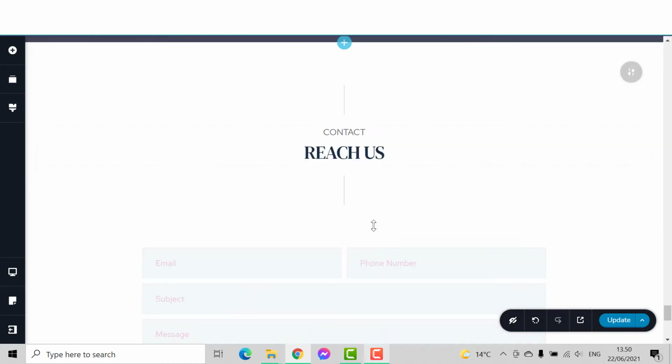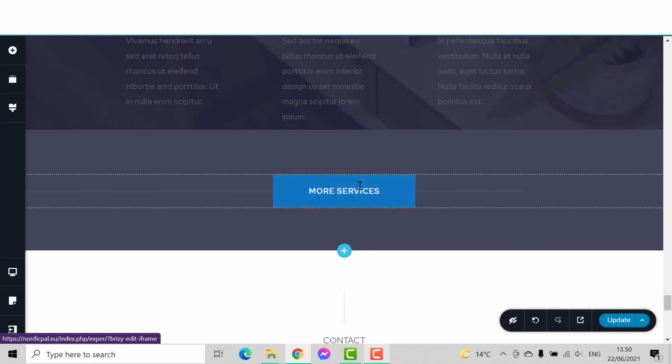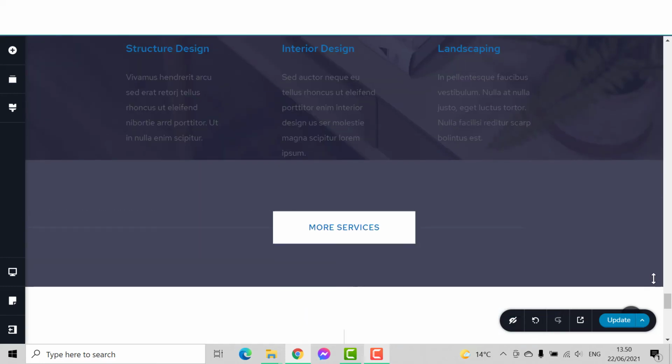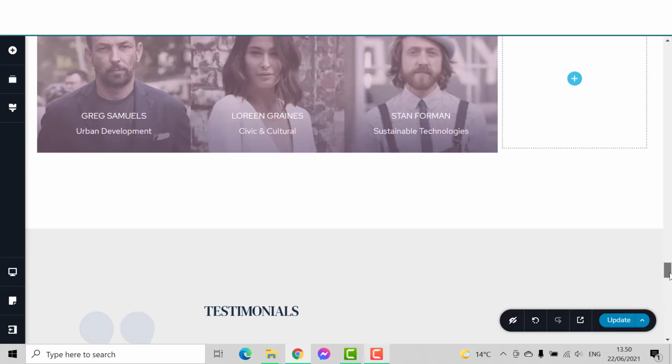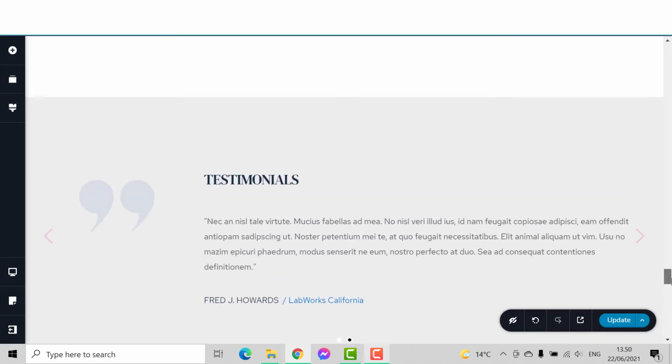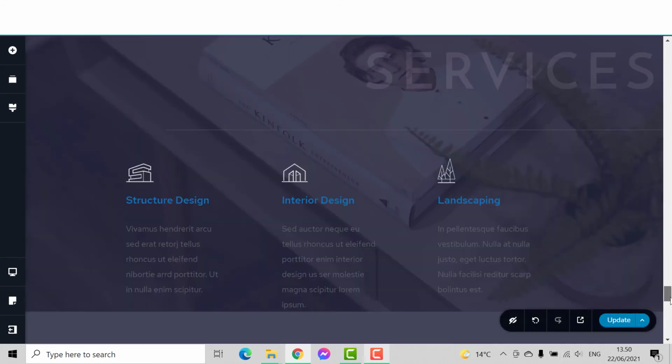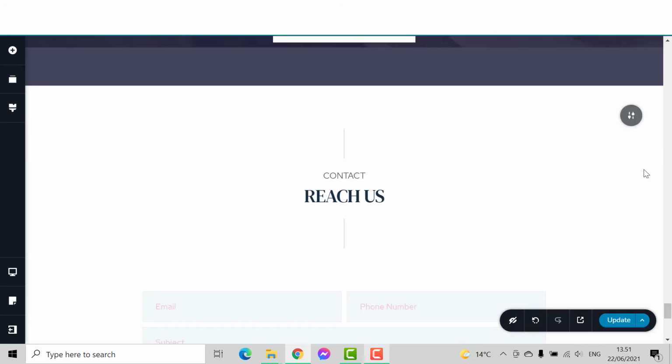And finally, reach us. So here you can see in this layout, this reach us block, you can see again the reach us block. So they have created it once and started using it everywhere. So we would like to take this reach us block completely last. And also you can have testimonials for your restaurant. So this is how you can actually bring all of them, and whatever block you don't like, you can